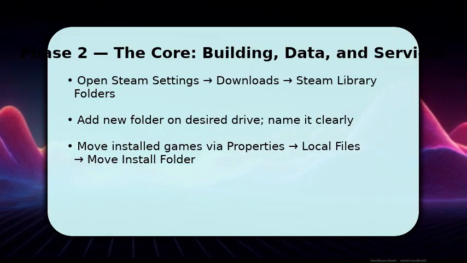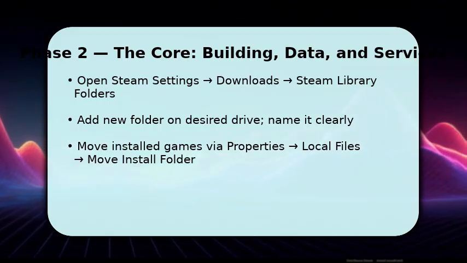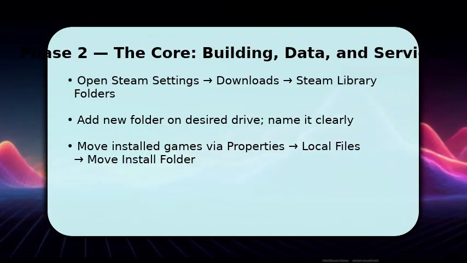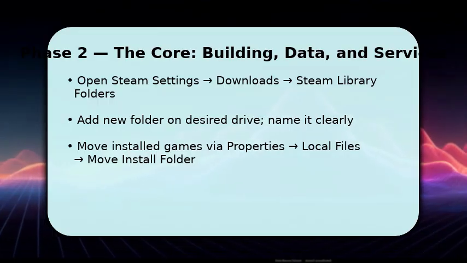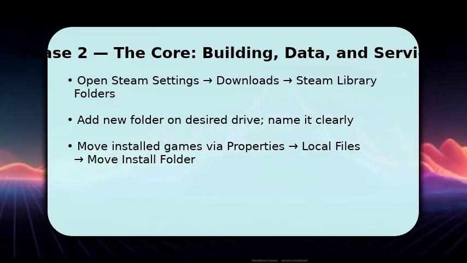Once added, right-click an installed game in your library, choose Properties, then Local Files, and select Move Install Folder to transfer it. This preserves saves and configurations during the transfer. Make sure Steam doesn't get